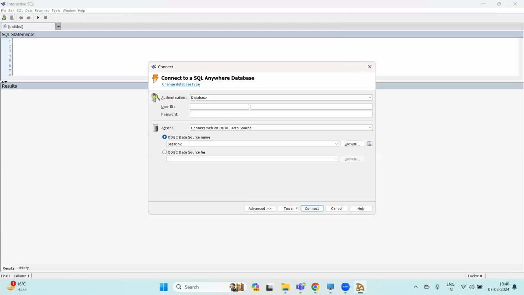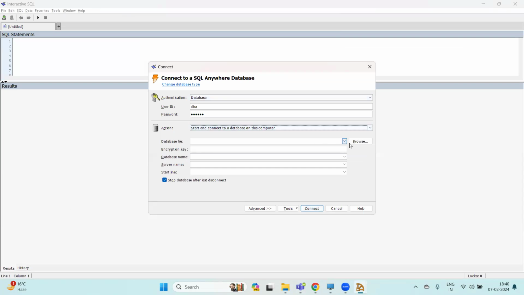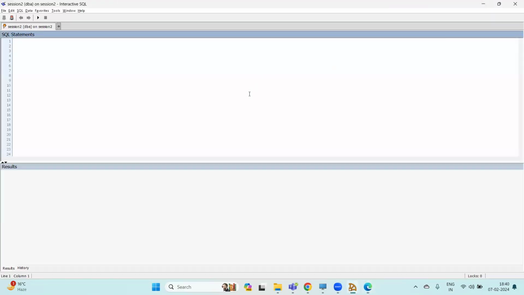open Interactive SQL. DBA, password, I have given SQL123, and I need to choose here start and connect to a database on this computer. So for the database file, I need to choose a file here, that is session 2, and then test connection. Connection successful. Okay, connect. So I have connected my database. Now let me create one table. So create table